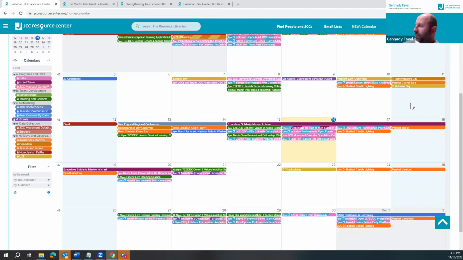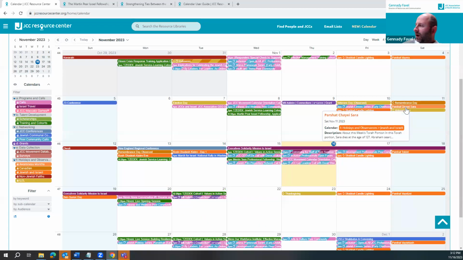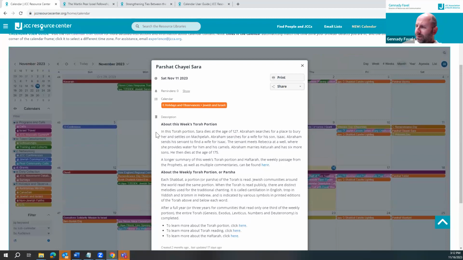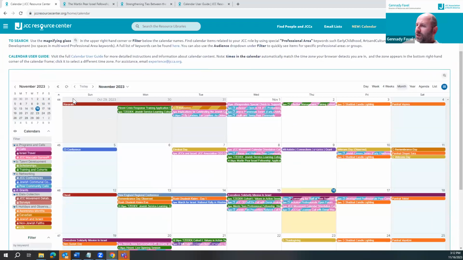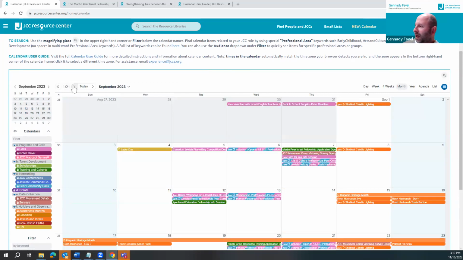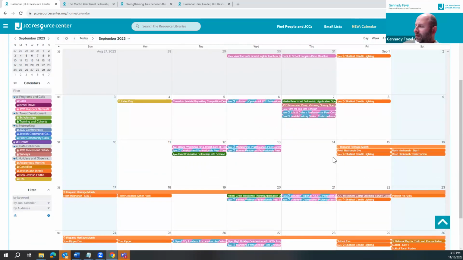For example, you'll notice that we have parshas, which are the weekly Torah portions that observant Jews read and study during that week. We have a little bit of information about that Torah portion of the week. We also have a link to a third-party website that will give you more information about this Torah portion. What's pretty cool is that for some holidays, we actually have resources in the resource center.